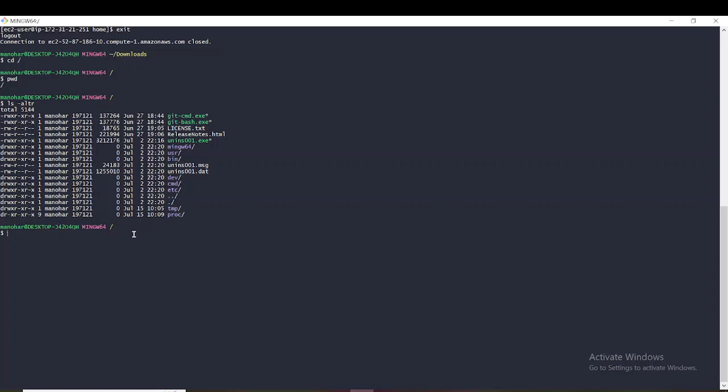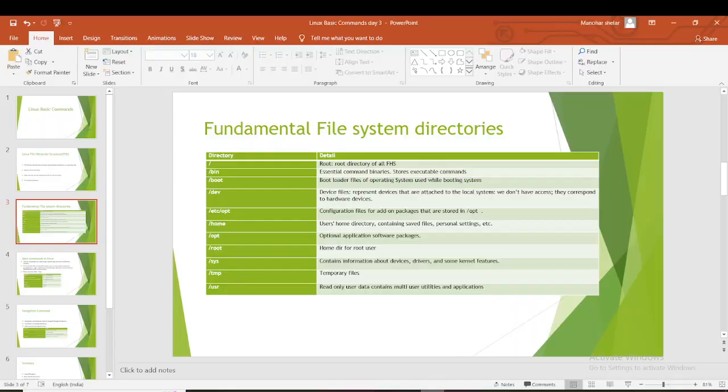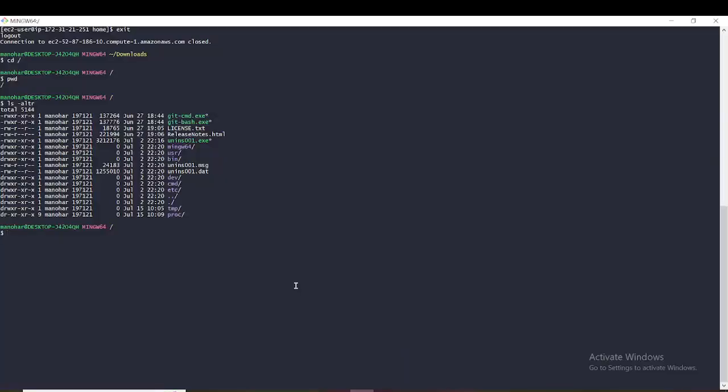Since we are checking on Git Bash, we are not able to see all the subdirectories that we have listed here. So I will show it to you on one of the Linux EC2 instances that I am using